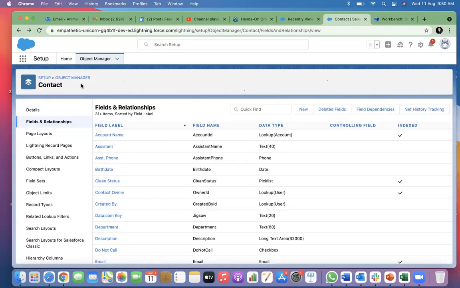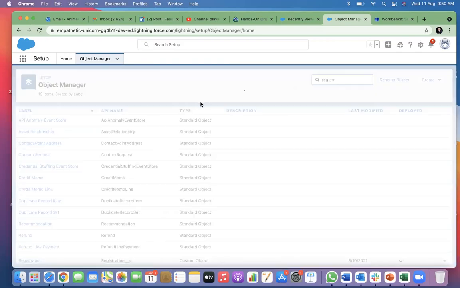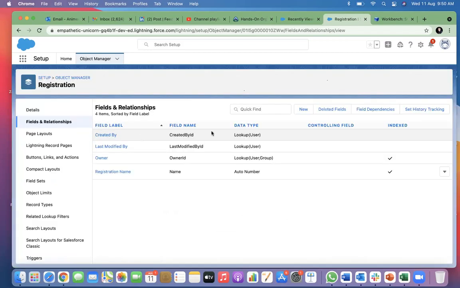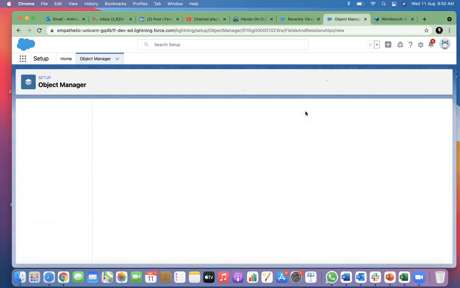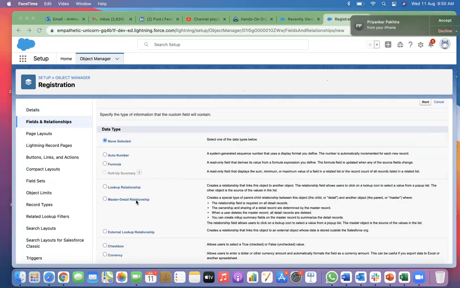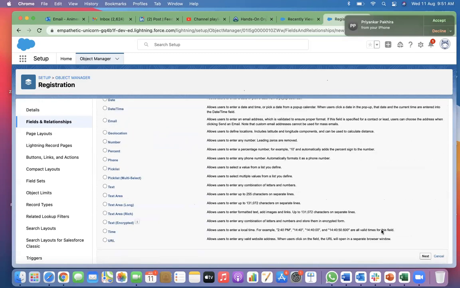Now let's go to the registration object. On the registration object, I can create a master detail relationship. This is a higher version of lookup relationship, right? We discussed it.